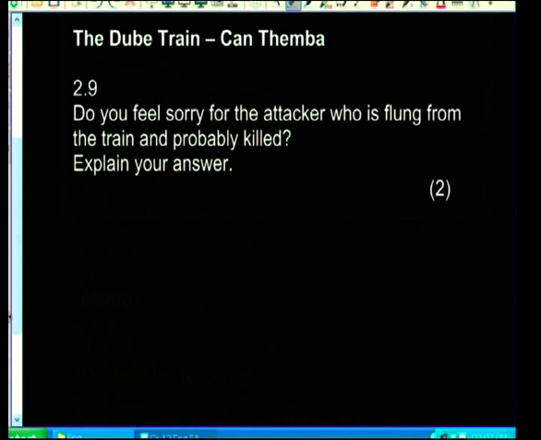Now, this question is what we call an open-ended question. There's no definite yes or no answer. However, if you state yes or no, you've got to substantiate and support it. Your argument must be logical, it must be convincing as well. So here you are given room to state your point of view and express your thoughts. Do you feel sorry for the attacker? Now, individuals would differ when it comes to this. Your approach might be different, but it doesn't mean that you are wrong. Substantiate your answer. Let's look at possible answers here.